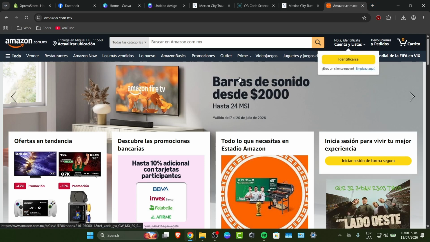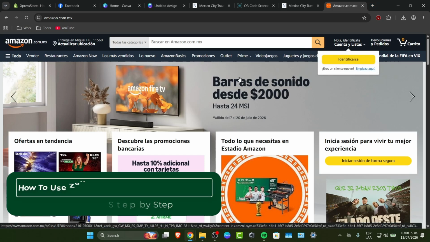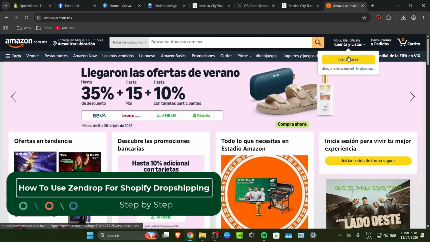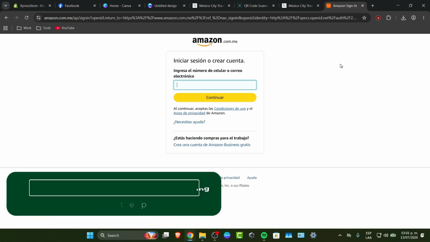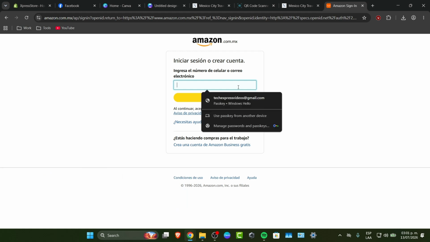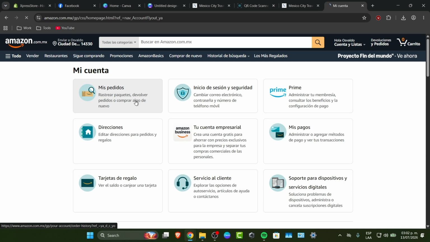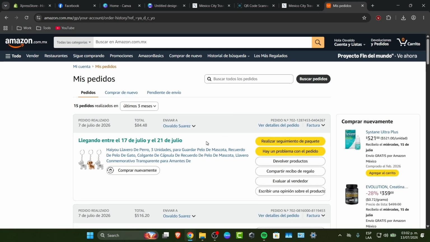So if you wanted to download an actual invoice from Amazon, the process actually is not that hard. So the first thing you want to do, of course, is to go directly inside the upper right corner that says identify myself. Directly inside here, what I'm going to be doing is to sign in. Then into the upper side, I'm going to look out for all the stuff that I have been choosing so